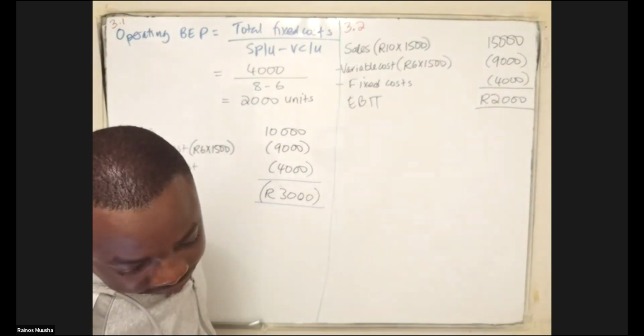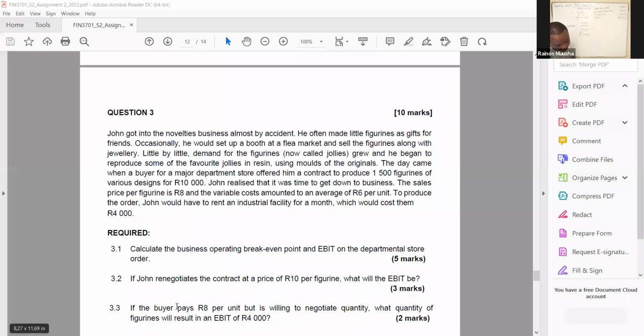Question 3.3, they tell us that if the buyer pays 8 rand per unit, but is willing to negotiate quantity, what quantity of figurines will result in an earnings before interest and tax of 4,000? So we need to find out exactly what quantity of figurines would result in an earnings before interest and tax of 4,000. So